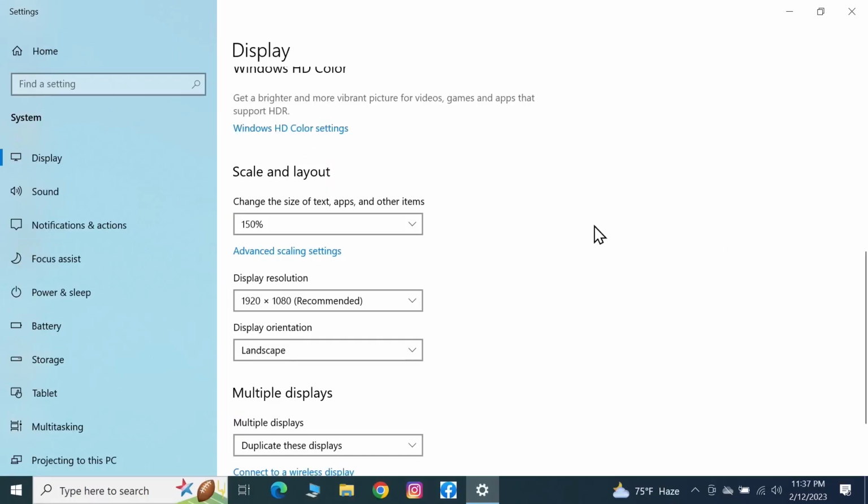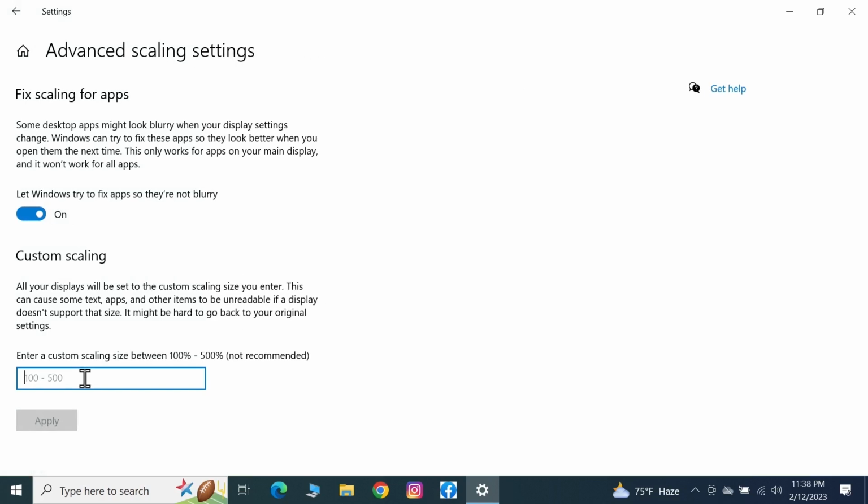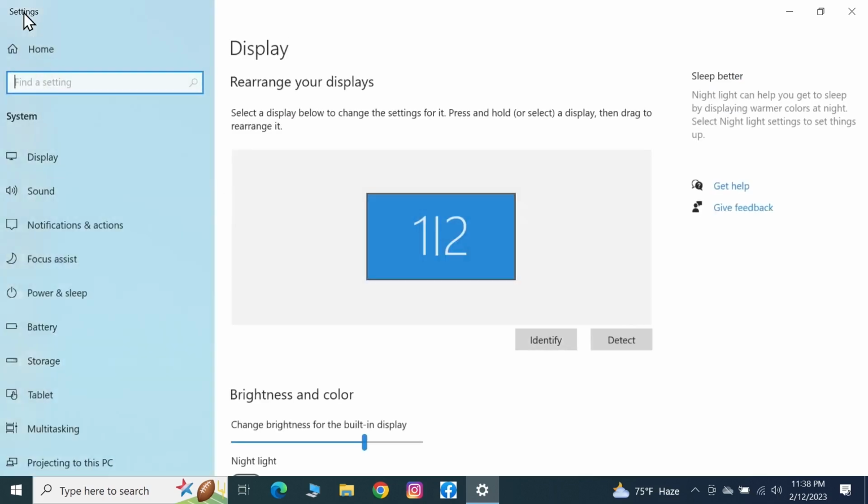Now you can also set custom size. For that you have to click on advanced scaling settings, and then from here you can type in like 135% and then click on apply, and that way you will set a custom scaling on your computer. And after that all you have to do is just sign out of your computer and then sign back in again to apply those